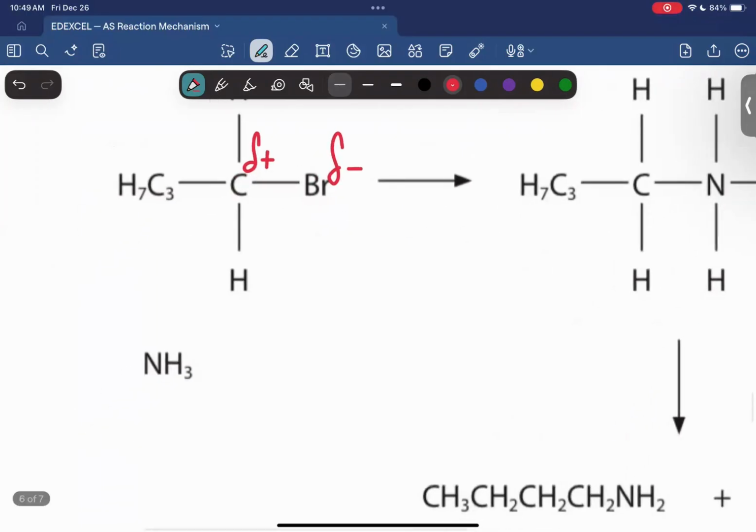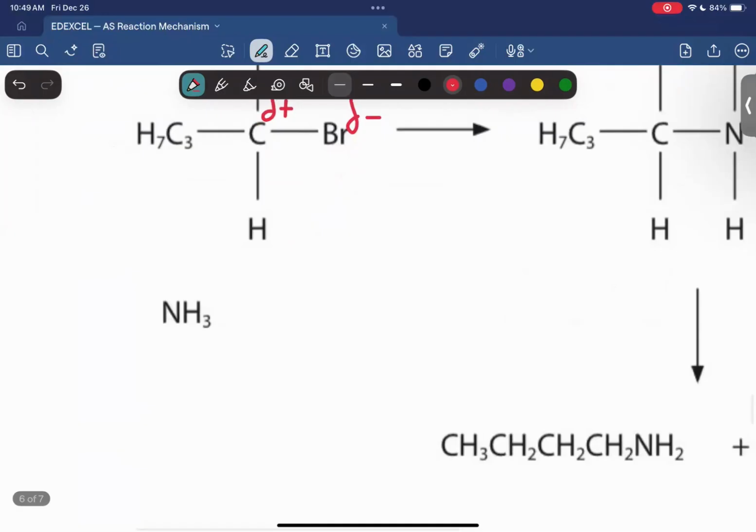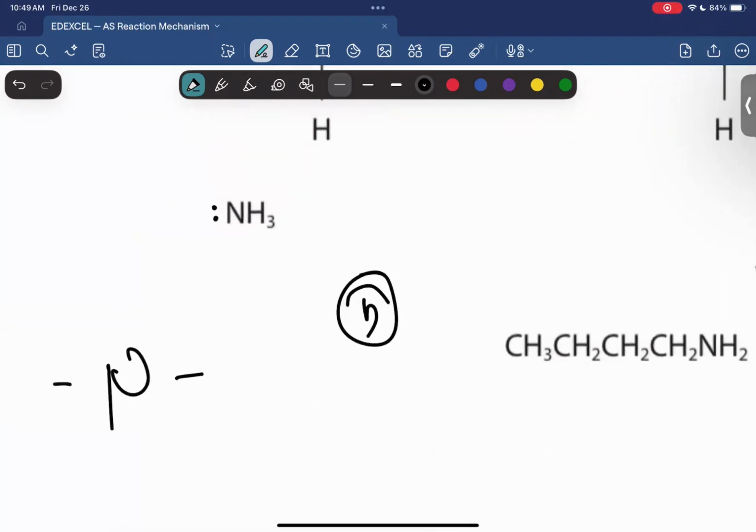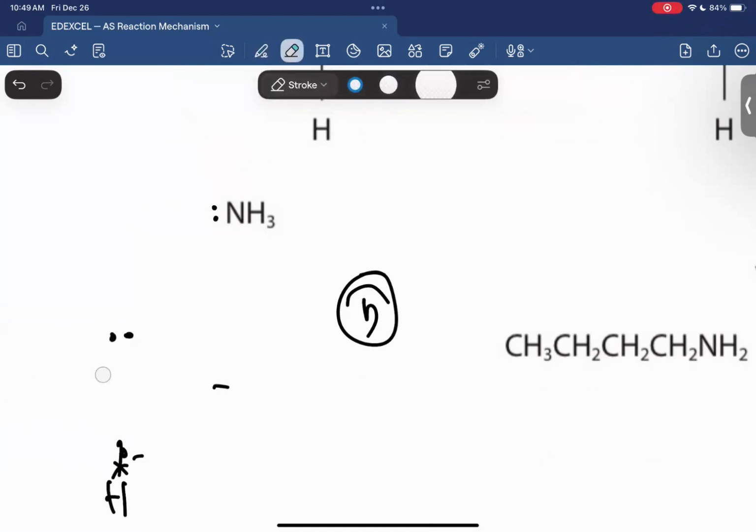Now nitrogen has a lone pair of electrons in its outer shell. Why? Nitrogen is in group what? Group 5, right? 5 electrons. So 1, 2, 3, 4, 5, 6. Because hydrogen can gain electrons, right? So 1, 2, 3. It means that it has a surplus of 2 electrons. Okay, hence, as it can donate this pair of electrons to a nucleus, this is what we refer to as